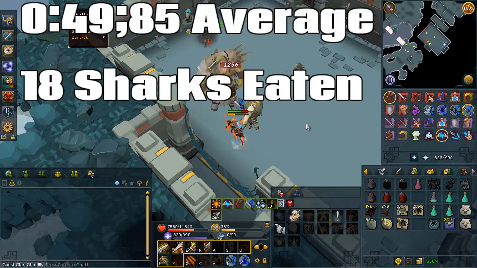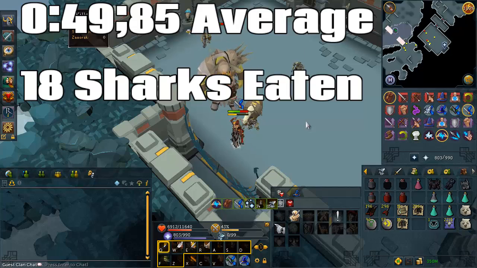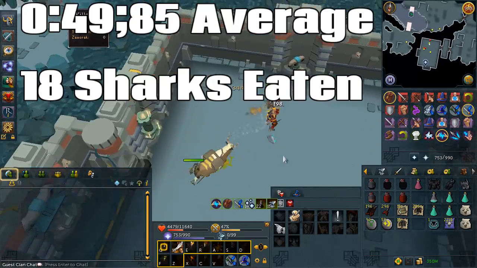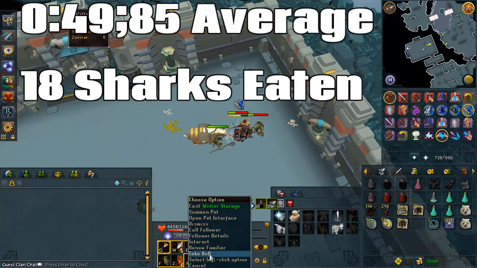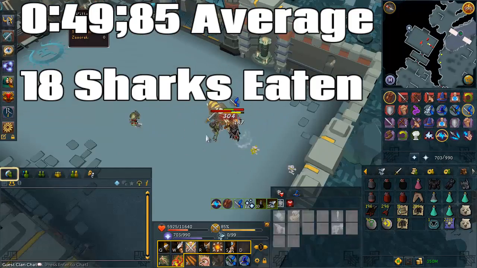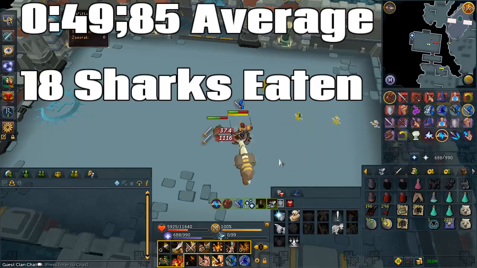So it took about 50 seconds per kill to kill the Bandos boss and all the minions total with Tetsu armor, which was pretty good. I also only ate a total of 18 Sharks in all the 20 kills, which was really good as well, because with Tetsu armor it was under 1 Shark per kill, so I thought Tetsu armor did a pretty good job of blocking